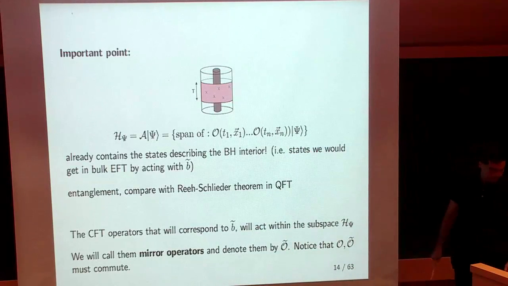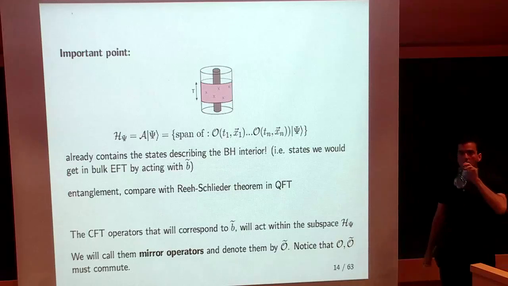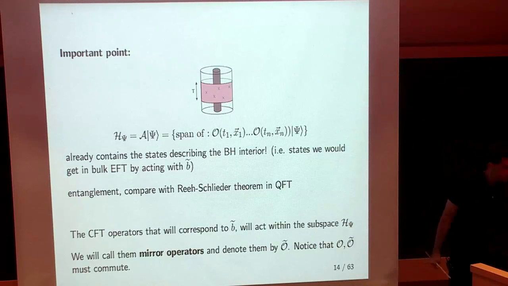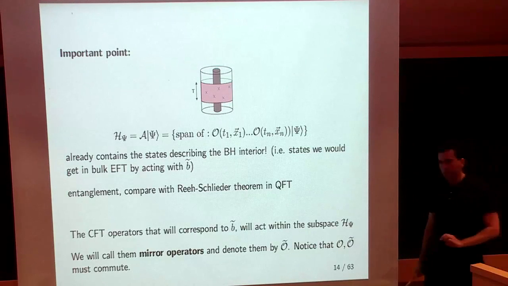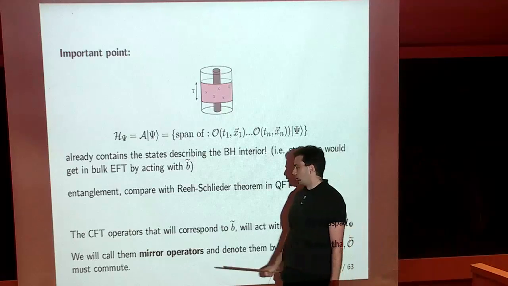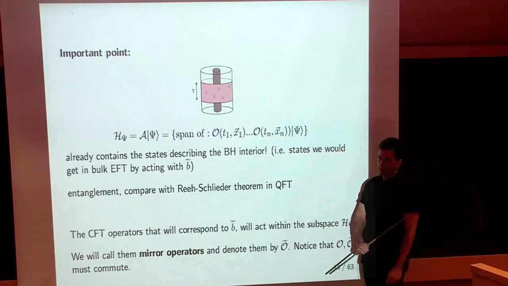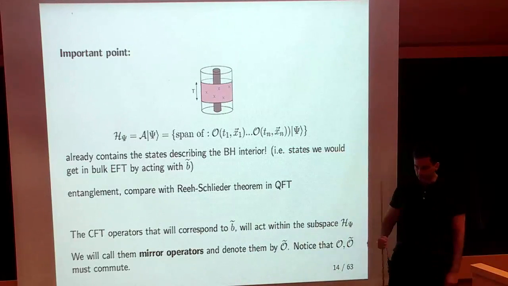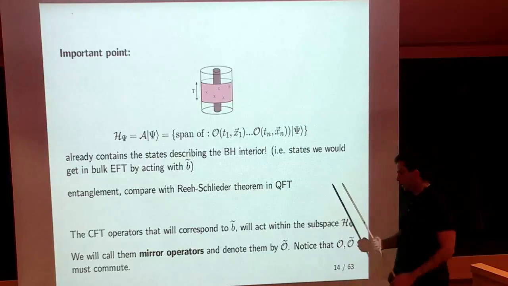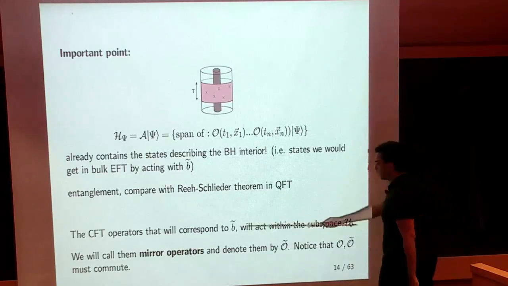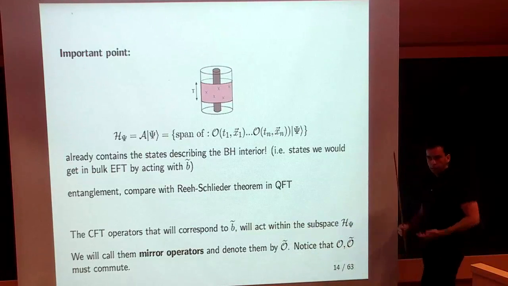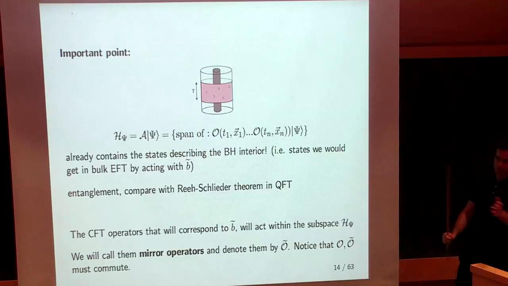Sorry, Kyriakos, can I just ask, do you mean that to leading order in 1 over N, or to all orders? To leading order in 1 over N. It is significantly more difficult to settle what the commutators should be at subleading order, and then what becomes important is the difference between B tilde and O tilde. So we have to be careful about how to relate bulk data to boundary data.